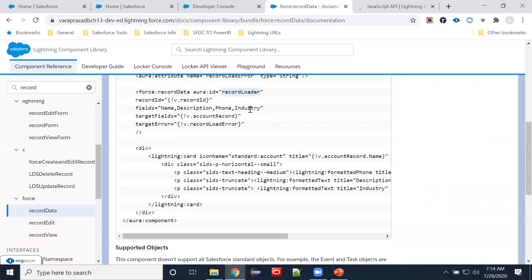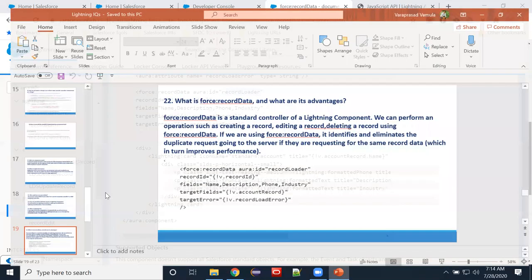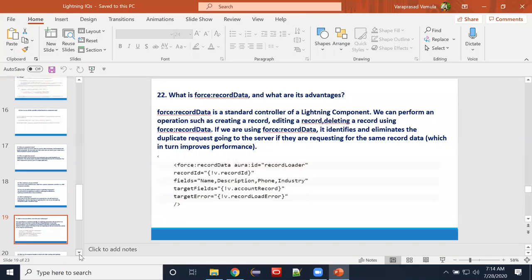So by using the ID, we can get the record and we can perform any operation. Either we can create a record, update, or save, all those things, right? Then